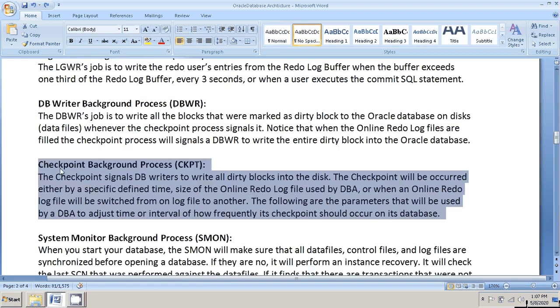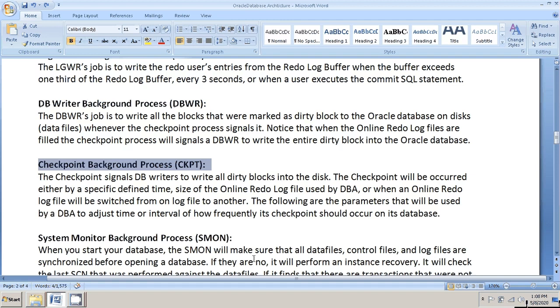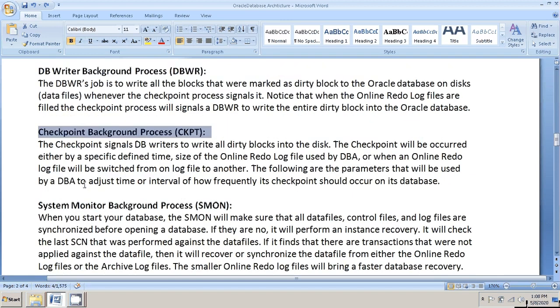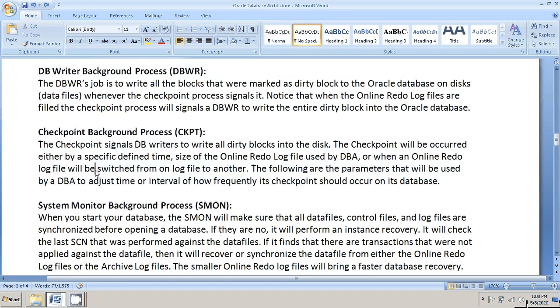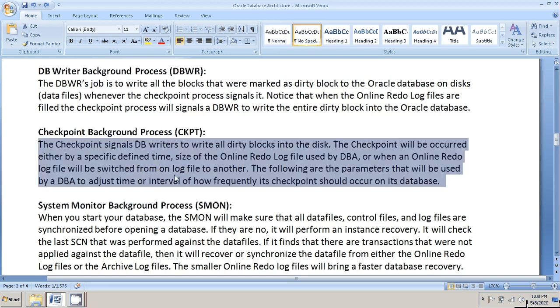Next, about the checkpoint background process. What is a checkpoint? The checkpoint signals the DB writer to write data blocks to disk. Checkpoints will occur at a defined time, size, or redo log file used by the DB, or when we switch from one redo log file to another.